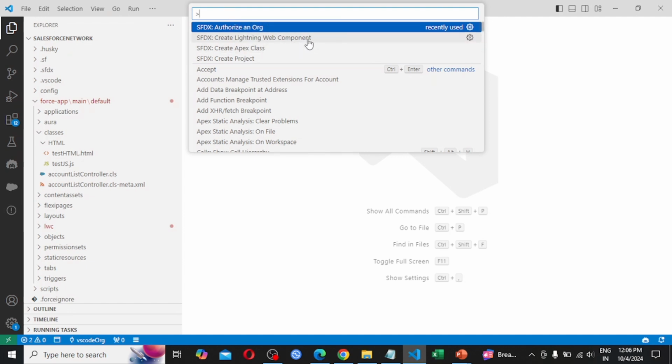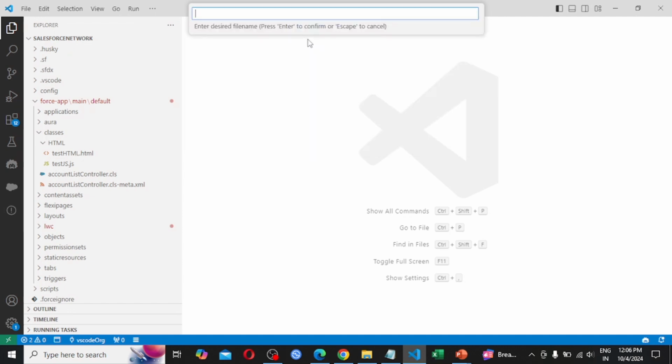So as we are seeing here, we have to click over here. It is asking enter desired file name, then press enter to confirm or escape to cancel. So here I am providing the lightning web component name lwcHtmlFile.